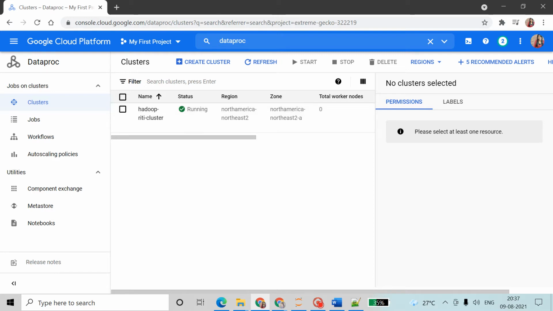So first, here we are getting create cluster. If we want to work with this whole ecosystem, then we have to create one cluster, and only then can we work on our data.